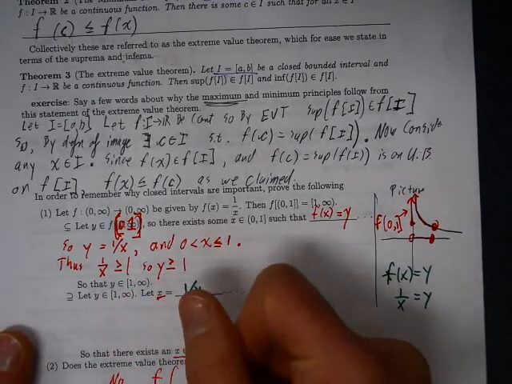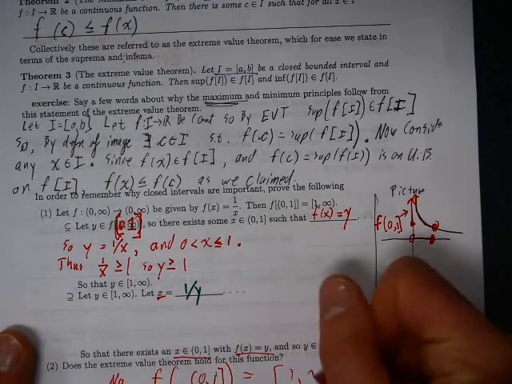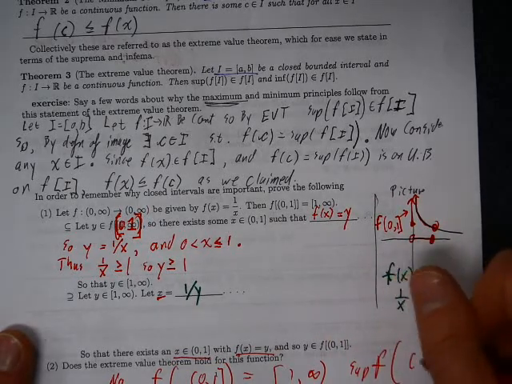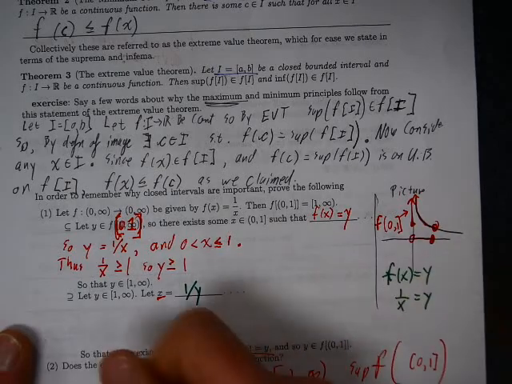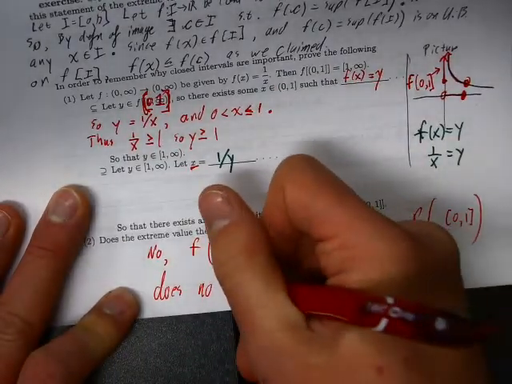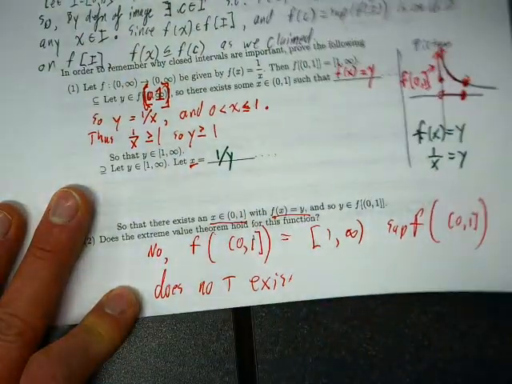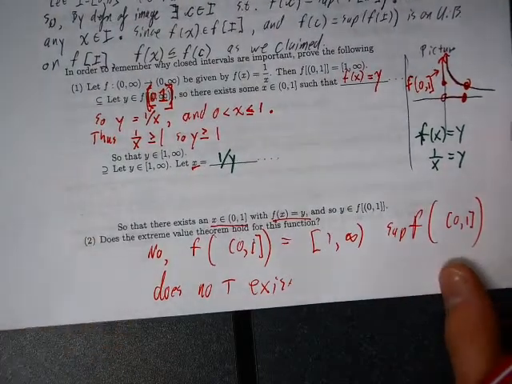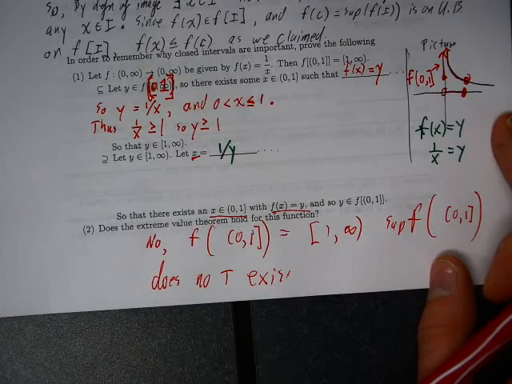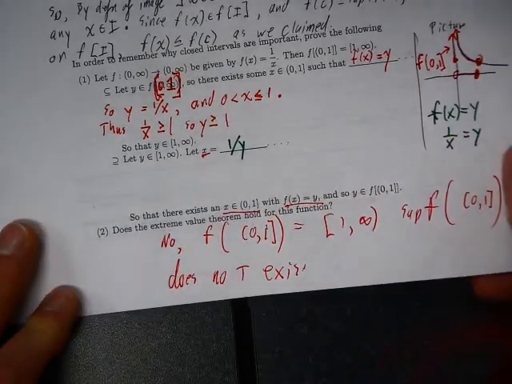Since f of (0, 1] is equal to [1, infinity), the supremum of f of (0, 1] doesn't even exist. Which is even worse than just not being in the set. It's not even a thing that exists. People feel okay about that? Yeah. So, in fact,